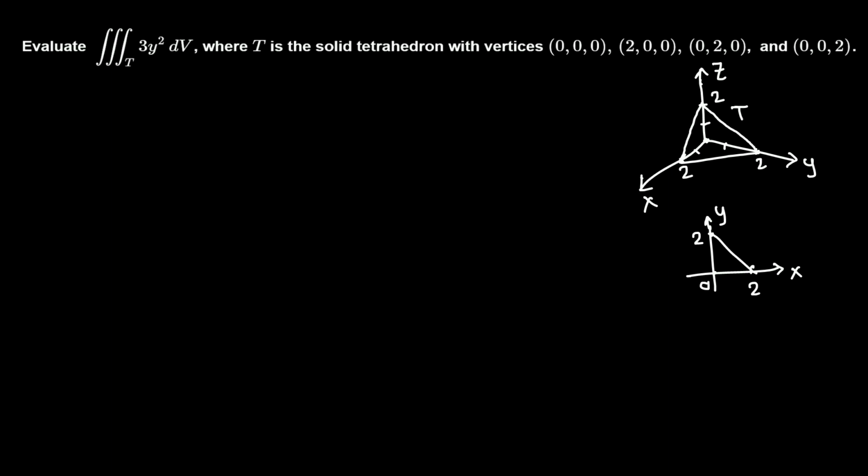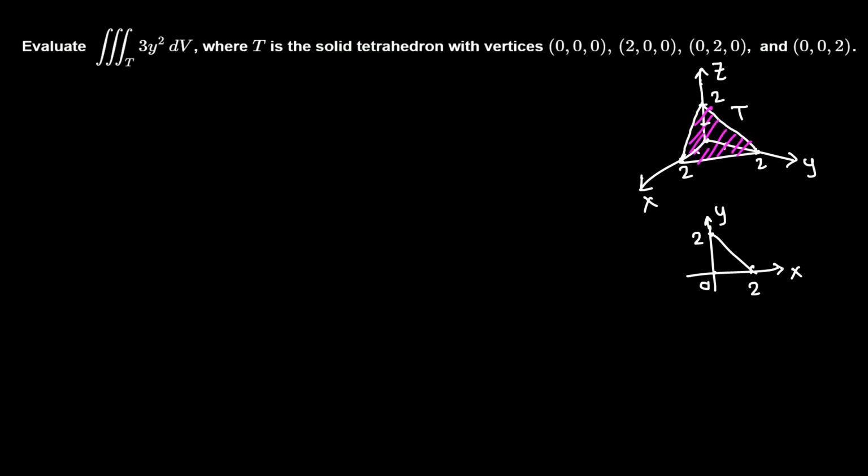Evaluate this triple integral where T is the solid tetrahedron with vertices these four. So 0 0 0, that's the origin, 2 0 0 on the x-axis, 0 2 0 on the y-axis, and 0 0 2. So we have this T solid object,